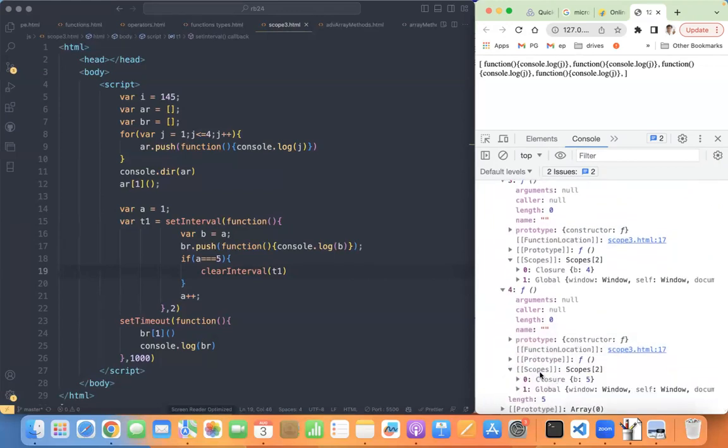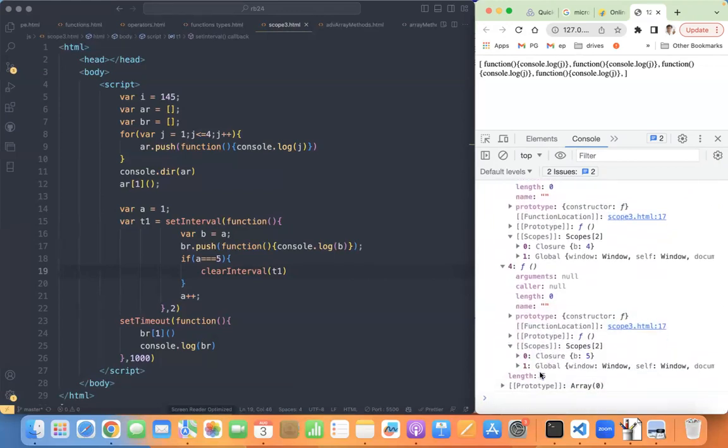But how about a? It is a global variable, right? So by that time, at the time of function call, whatever the value is, that will be printed. But when it comes to the closure scoped variables, they will be bound to the values at function creation.